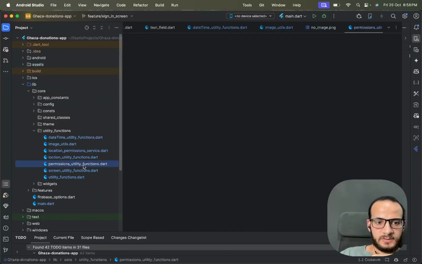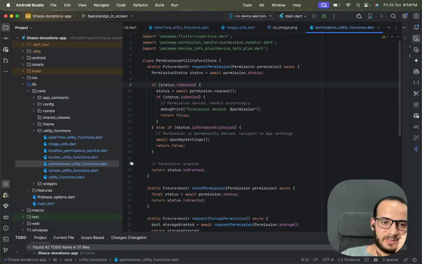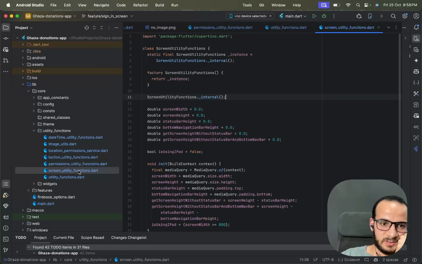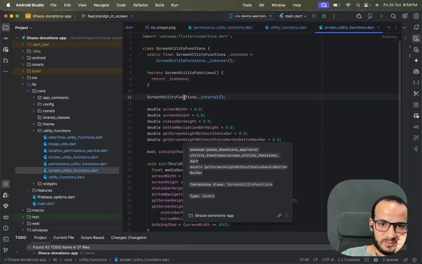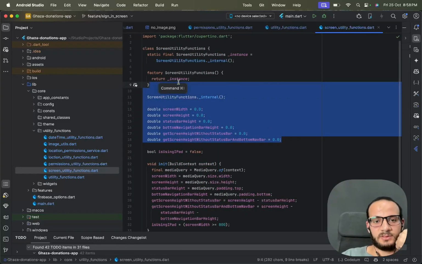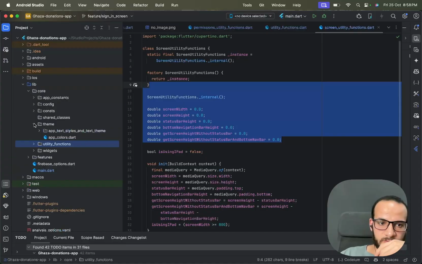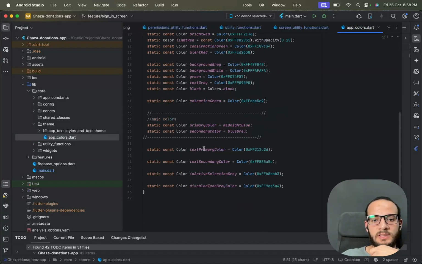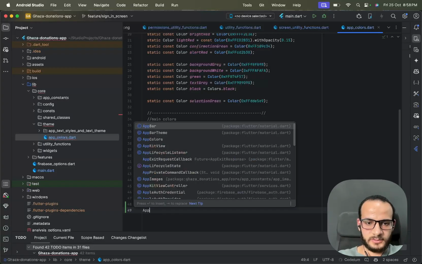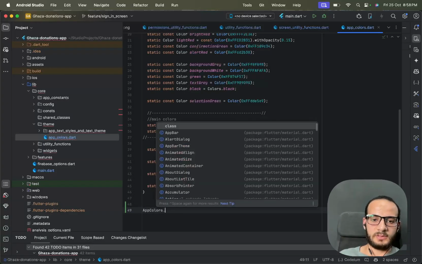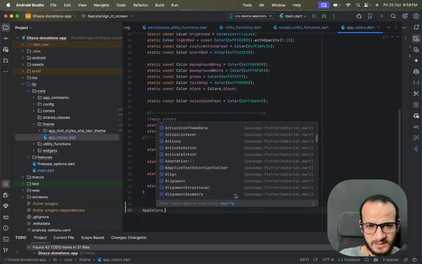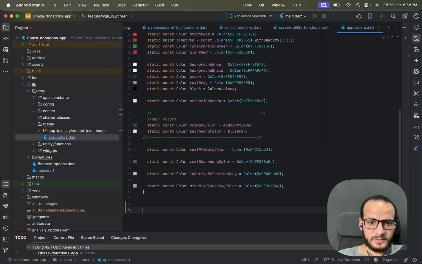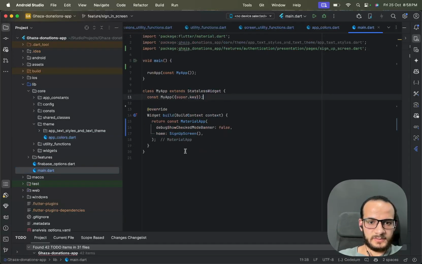So yeah, these are just functions that I'm going to be using across multiple features. Very good. This is the screen utility functions. That is very old code and not very organized, so don't mind it. There is the theme, which is a very important class. For example, it contains the app colors, which is the color palette that we're going to be using across the app. So whenever I want to access a simple color, I just type app colors dot. This should display all the colors. So not my colors, maybe because I'm calling it outside of